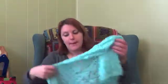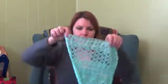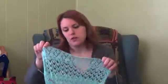My other work in progress that is totally being a total time suck is my advent calendar scarf. I've been keeping up, but barely. So today is December 11th, so I am on day 11. It's a free pattern, so I can talk freely about it. There are 30 rows in today's pattern, and I have 10 more to go, so I'm two-thirds of the way